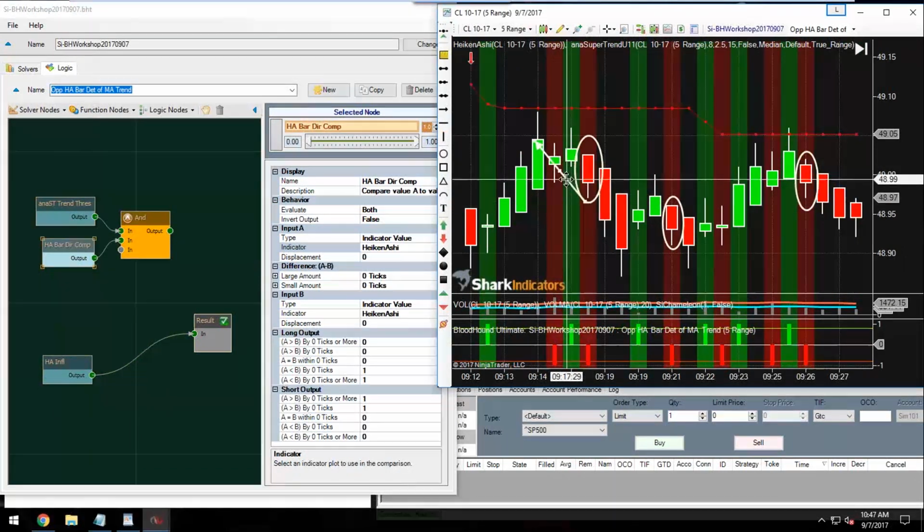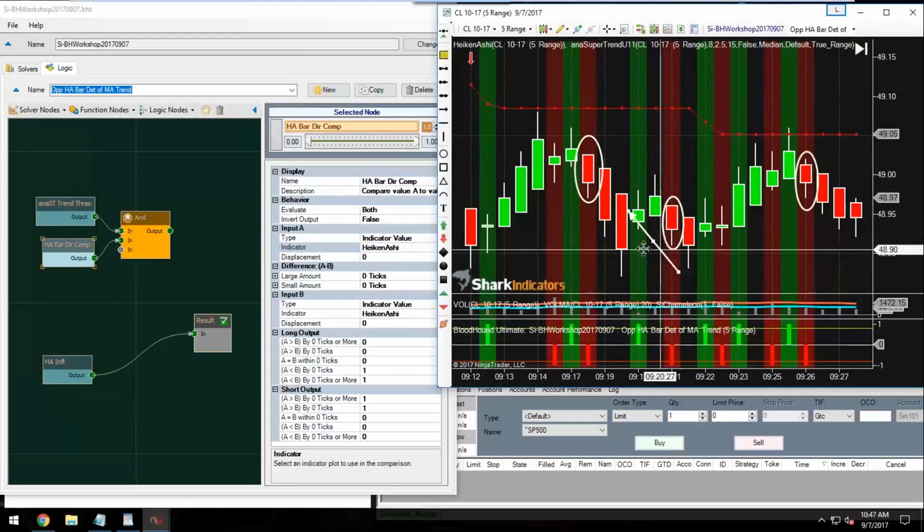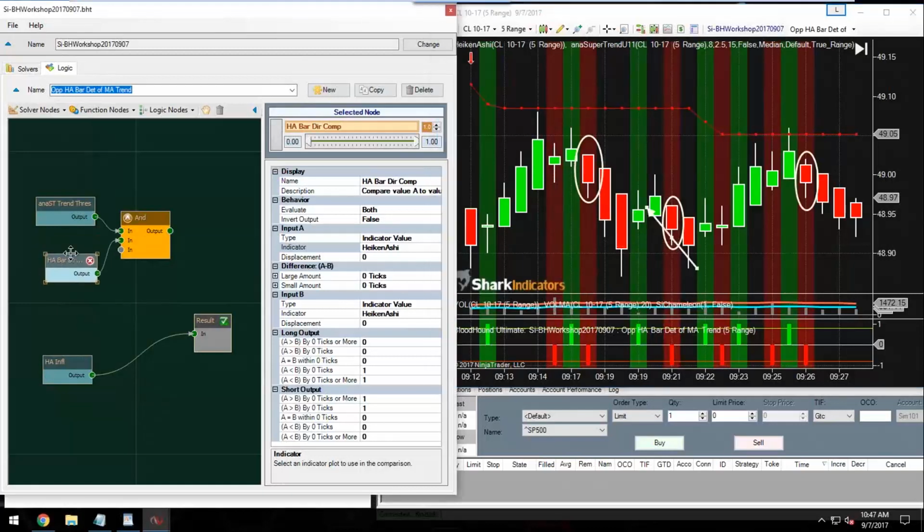It's still an up bar. Even though the closing price actually reversed down, the bar itself is not reversed. So what I'm going to have to do is make a copy of this Heiken Ashi bar direction,